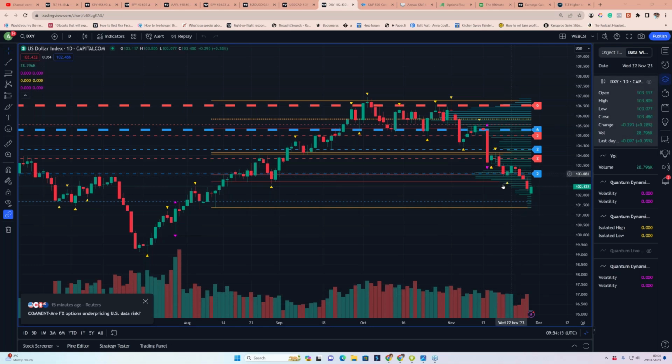But look at the wicks, and wicks are so important in a candlestick analysis, because it tells you what the bias is and what is going to happen next. And yes, we had a decent amount of volume, and yes, it was a reasonably spread candle, but it's the wick to the top that tells you there is still weakness in this Dixie.